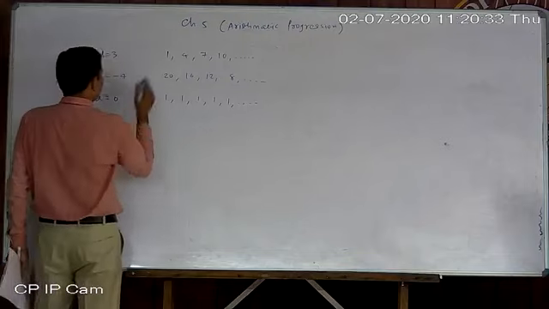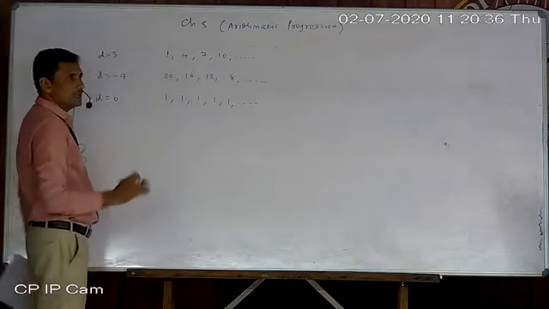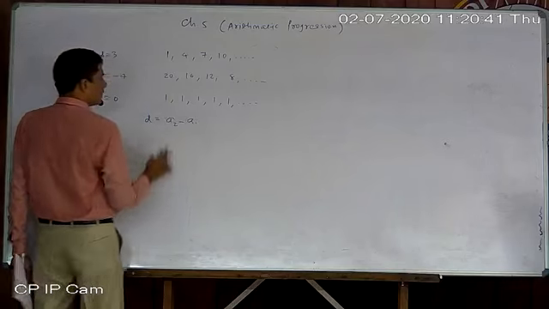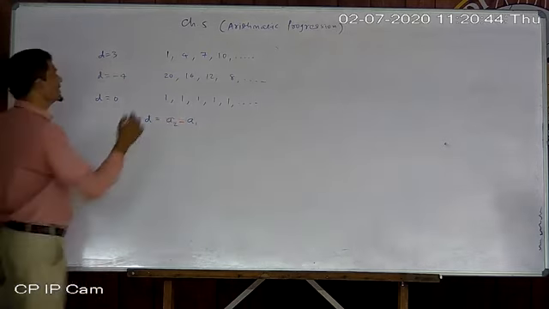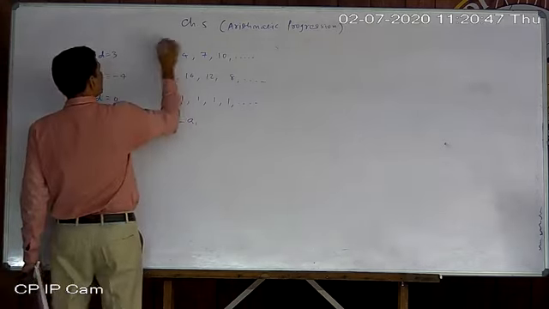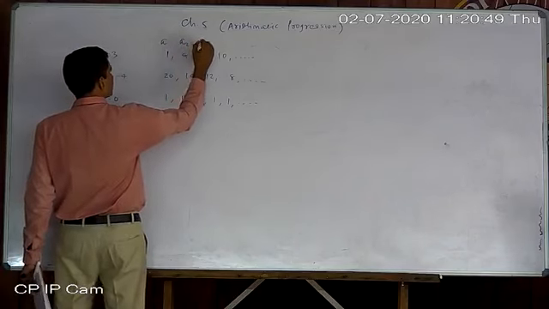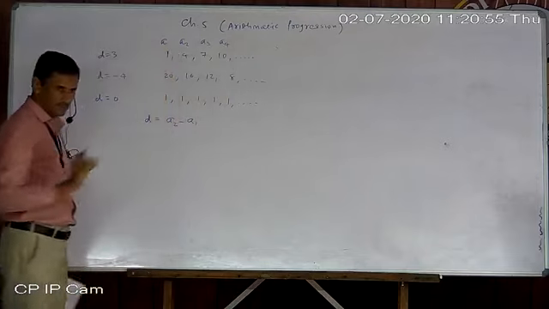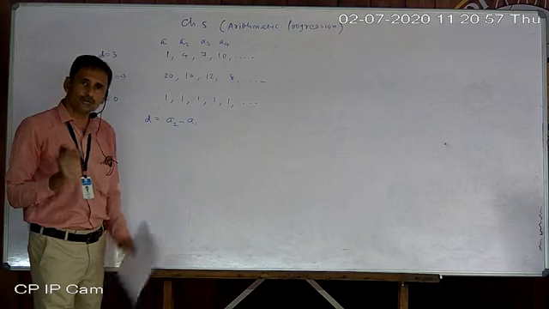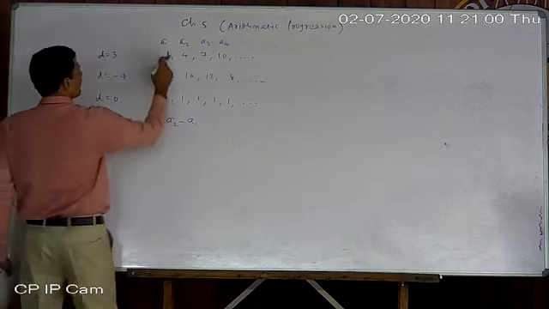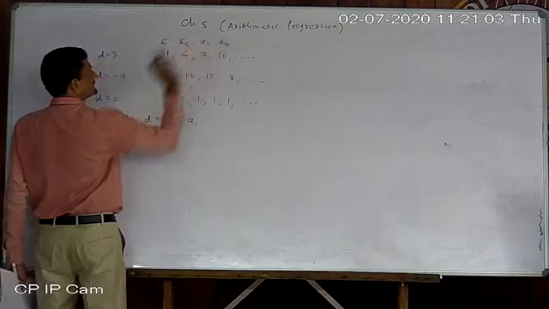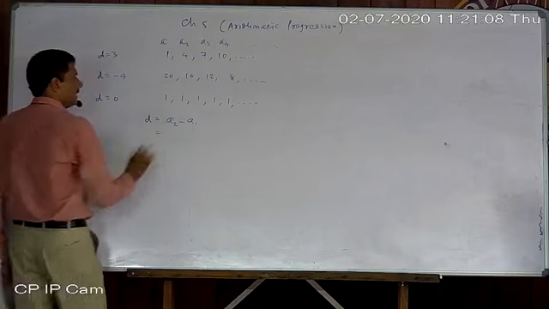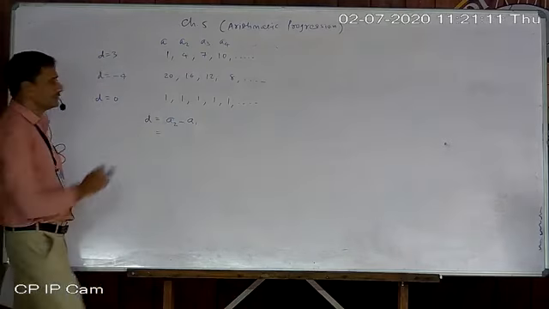So now you understand the meaning of arithmetic progression. How to find D? If you cannot find D orally, then you have to find D by A2 minus A1. But what is the meaning of A2 and A1? These are symbols. The first term is known as A. The second term is A2, the third term is A3, the fourth term is A4. Either A or A1, both are the same here, but mostly the first term is known as A only, not A1. So A1, A2, A3, A4, and the difference is D. So just find A2 minus A1, that is the D.